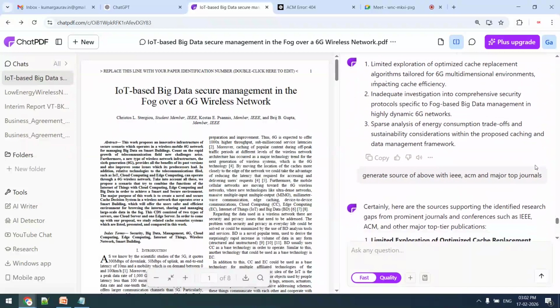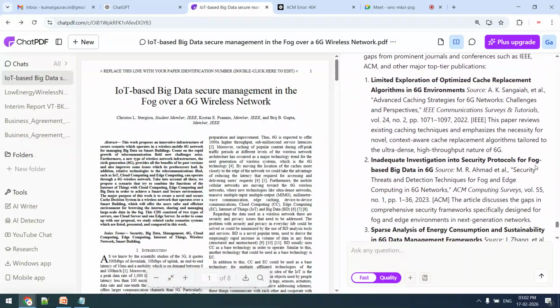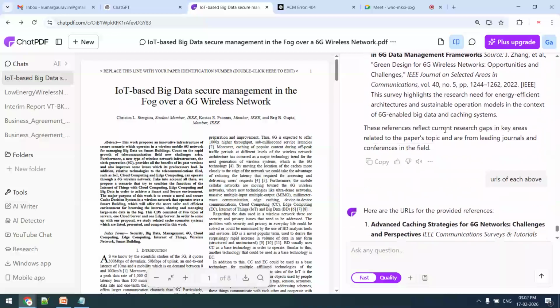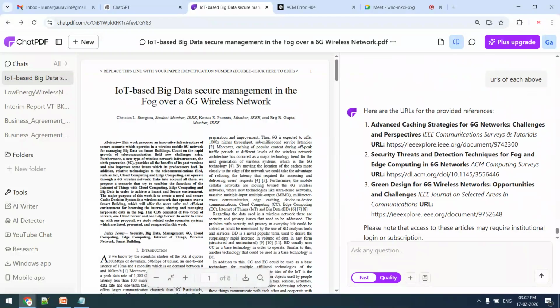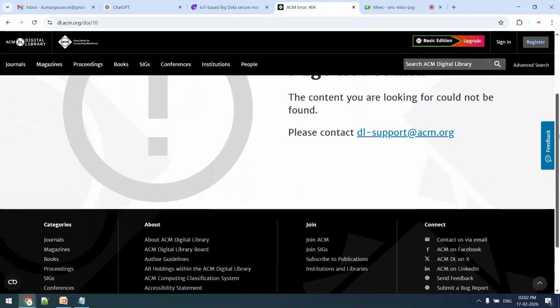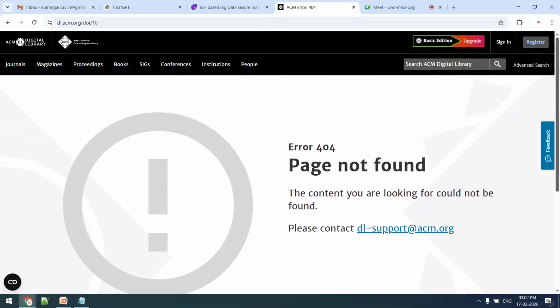Research gaps, summary, whatever it is, I have asked from where this particular content is taken. It has given me some particular sources. Okay, it is fine. URL of each, whatever papers are given in references, give me the link. So now I have clicked on one link and it is showing ACM, this particular page not found error. It means this paper does not exist anywhere in this world. This paper is manipulated or self created by AI, because many times it is seen that AI generates the content,